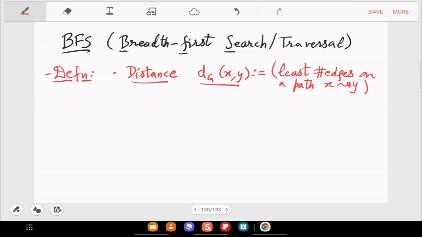So it's 0 to n minus 1. So that is also called the length of the shortest path from x to y. Okay, so this is the idea of shortest path.